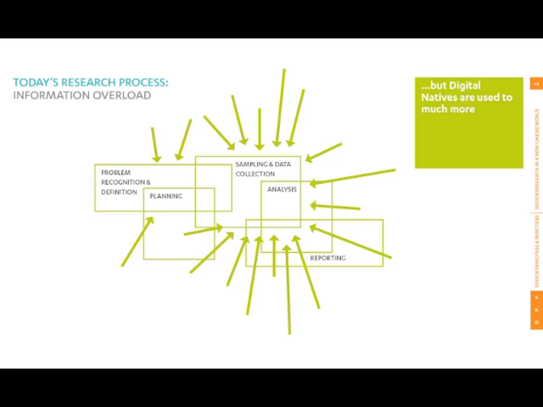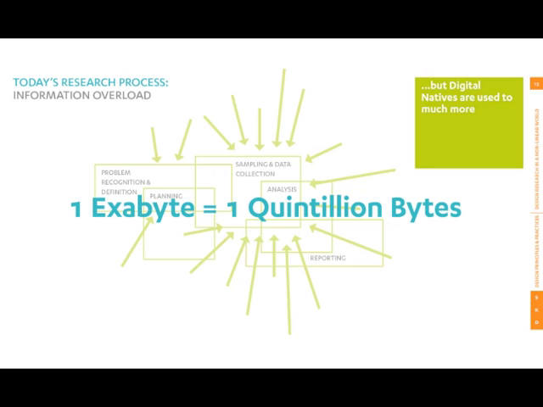So how about this? According to Don Tapscott, between the dawn of civilization and 2003, there were about 5 exabytes of data collected. An exabyte equals 1 quintillion bytes. So think about that. Today, 5 exabytes of data gets collected every 2 days. That's a lot of data. This is in large part because of user-generated content. There's limited filtration, for better or for worse, and anyone's voice can be heard through the web at any time.